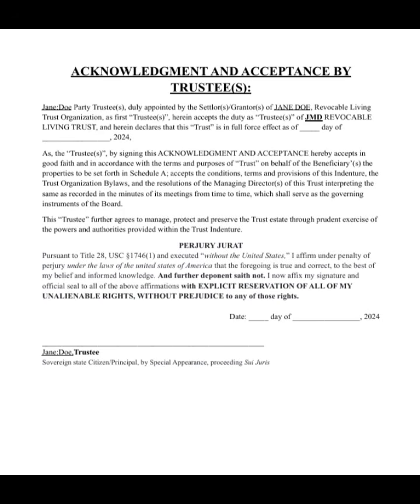Just means that there's a lot of moving parts to it, and it goes into a lot of detail, and is written the description of those certain properties which are agreed upon and known to both settlor, grantor, and trustee at the time of the execution of the trust indenture, and includes all property transferred and accepted to wit. One, all tangible and intangible assets, any and all intellectual property created in both the past, present, and future in the name of Jane Doe, any given variation of the name, along with JMD Revocable Living Trust, identified by name or number, social security number,